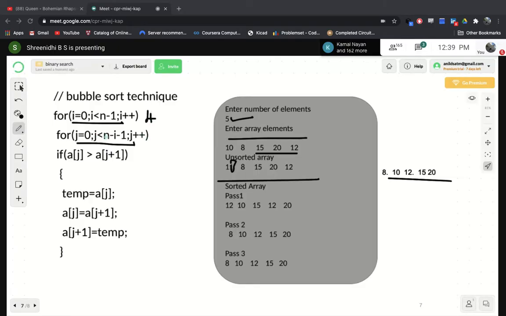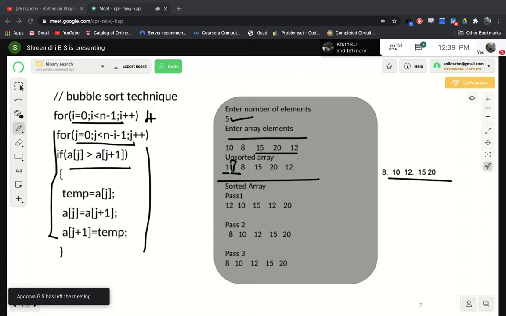And here, for this for loop, this will be the body of the loop. For this for loop, this will be the body of the loop. So if it is true, execute this thing. If it is false, skip this. Similarly, this is the body of the loop. Here one more if condition I have put. So j is equal to 0. I'll start from here. Same thing, I'll start from here. j is equal to 0.